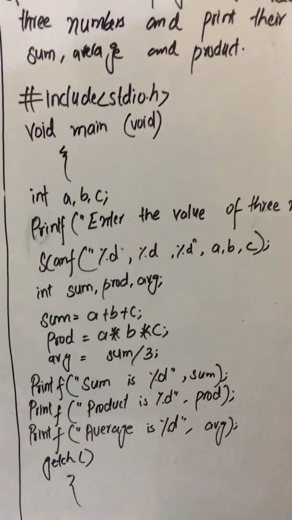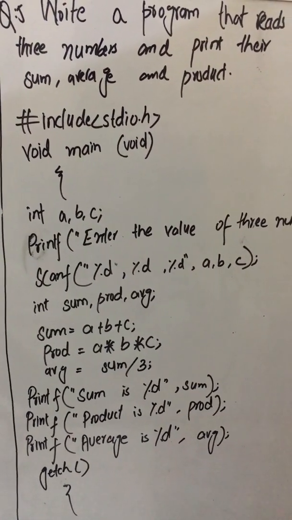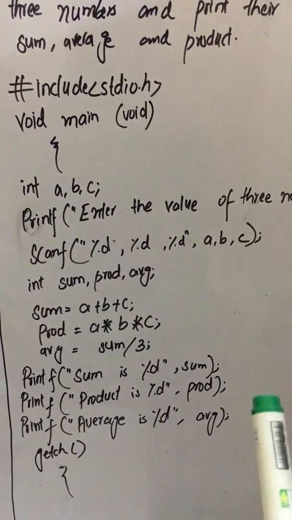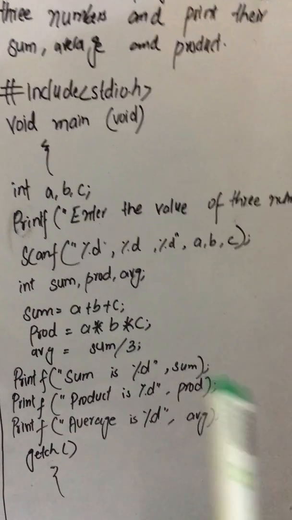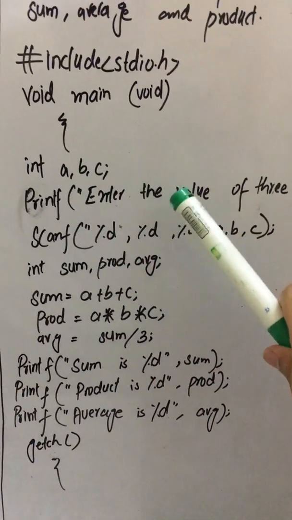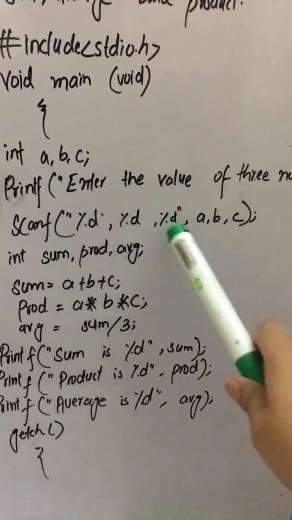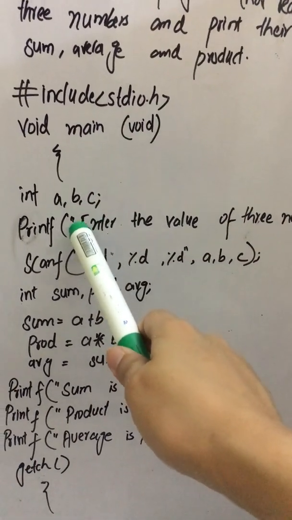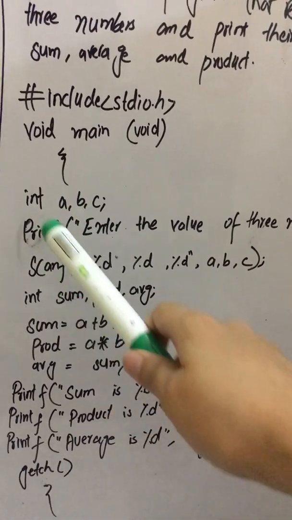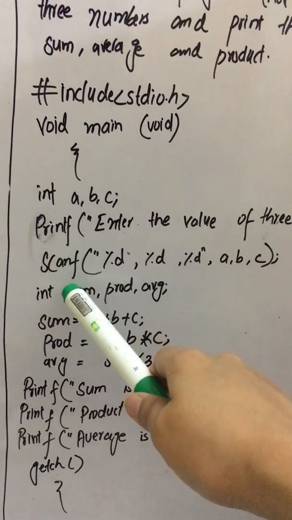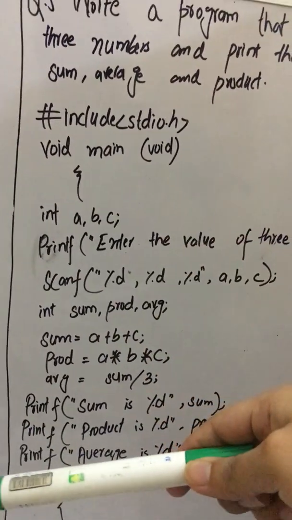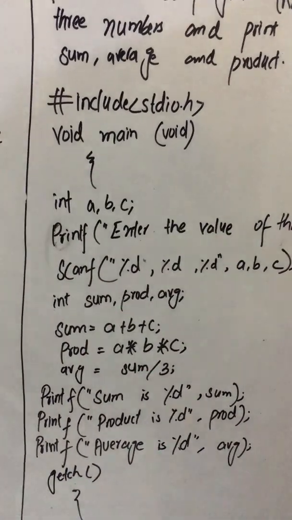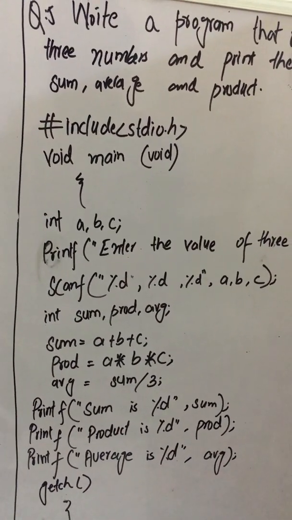So this is how we can find the sum, average and the product of the three numbers. One more thing that I want to add over here is that I have taken the input of the three numbers simultaneously. You can have the printf function for one variable, and then the scanf function for that variable, then again the printf function for the other variable, and then scanf function, and then the third time, the printf and scanf functions for the third variable as well.